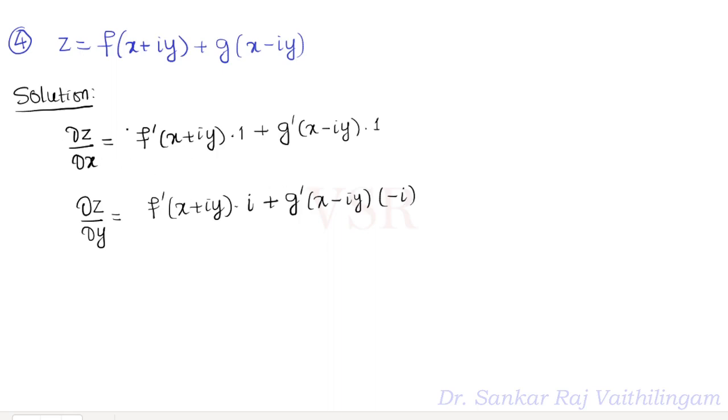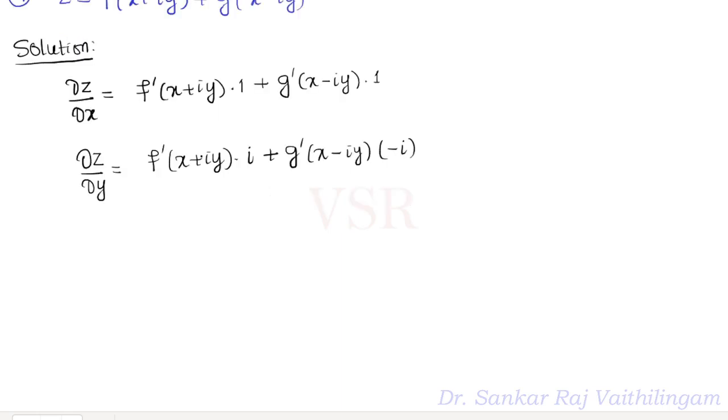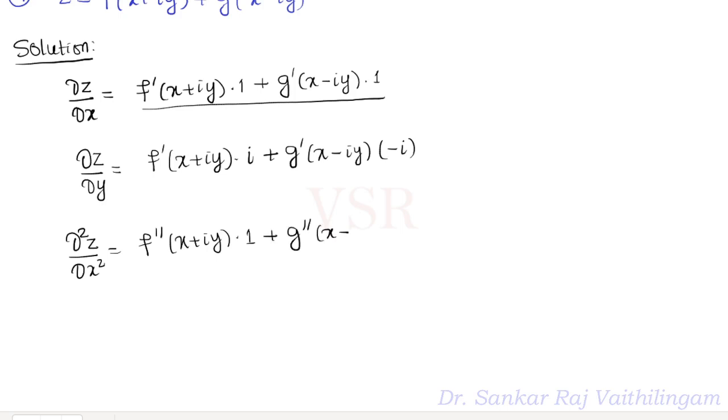இப்போ இதே மாதிரி போன மாதிரி divide பண்ண முடியாது, ஏன்னா இங்க ரெண்டு functions இருக்கு. அப்போ ரெண்டு functions ஐ நம்ம remove பண்ணோம்னா, we need to go for higher derivatives. அப்போ அடுத்தது ∂²Z/∂X², இந்த function ஐ X பொறுத்து differentiate பண்ண போறேன். I'll have f double dash of x plus iy into 1, மறுபடியும் differentiate பண்ணுவோம், 1, அதே மாதிரி plus g double dash of x minus iy